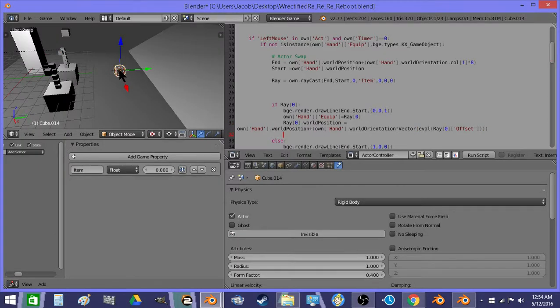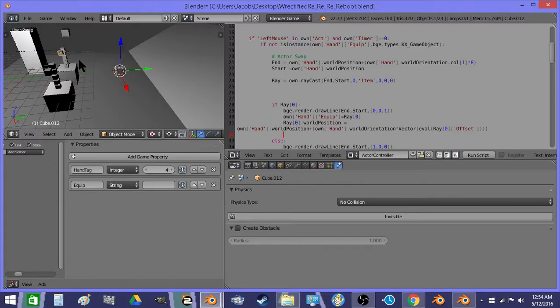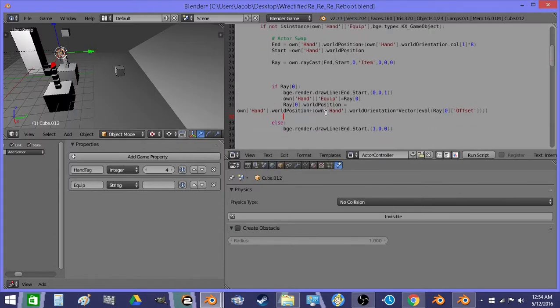So inside the game object, we're going to add a property called offset. That's a vector. It's actually a list. So 0, 2, 0. So now, oops, so this is the hand. This is its y-axis. We're going to move this object out to here, like 2 units out in front of the hand. And then